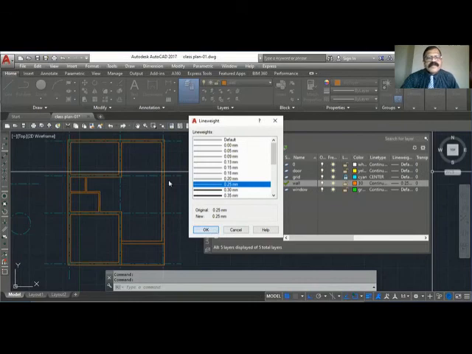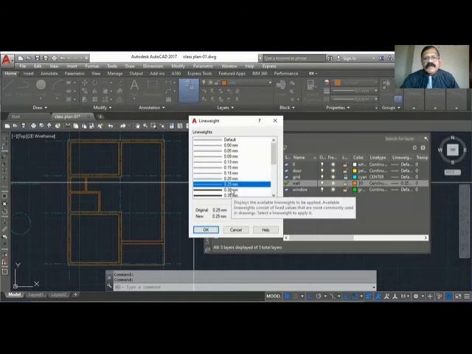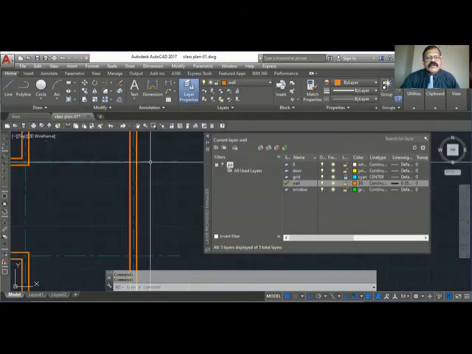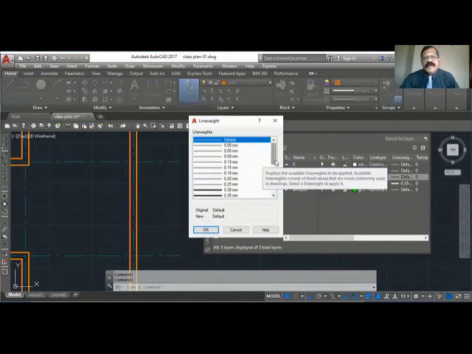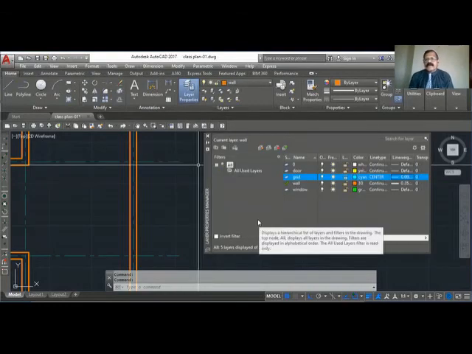Usually the line should be a little thick. The wall layer should be a little thick. We usually use 0.35 or 0.3. I will use 0.35. And the grid line should be very, very thin, so I will use 0.09. When you print it very thin, it should look very nice. So for the grid line, you can use a line weight of 0.09, and for the wall, you can use 0.35. Default is 0.25 line weight.